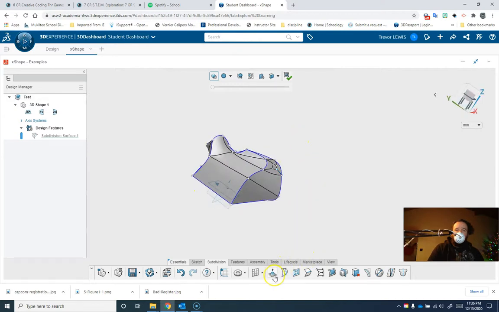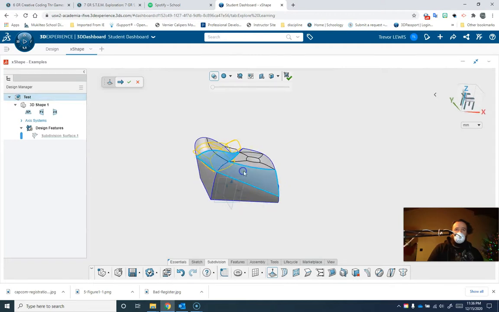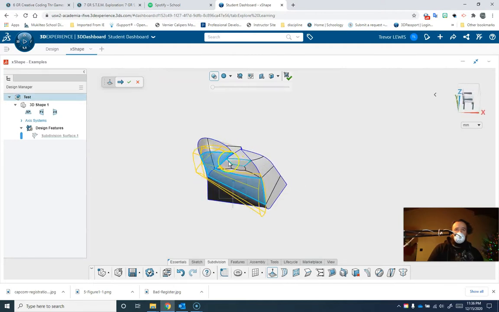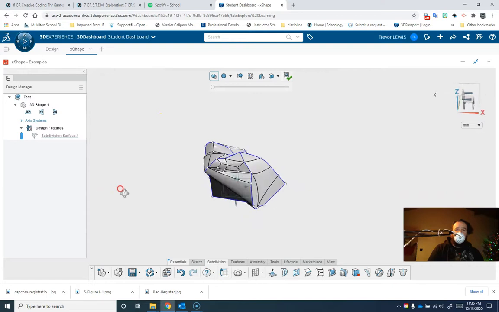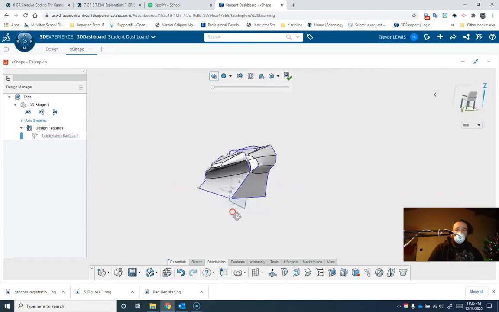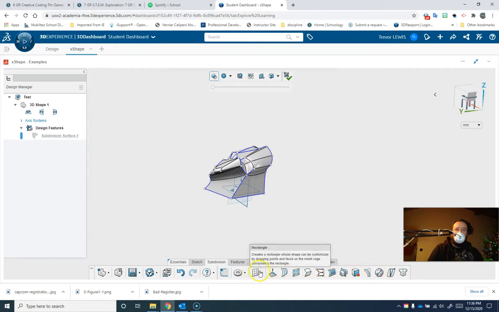The other one that I've learned how to use is extrude, and extrude is pretty obvious. It basically just makes a bump. So if you click on a place, it bumps it up, and I haven't figured out a way to make it go less or more. It just bumps it. So if I do that and hit the check mark, it just pushes outward. But that can be very useful as well. So those are the really obvious ones. Some of these other ones I haven't quite figured out the best way to do, but these are the things that I think are going to be most useful. But before you do all of these things,